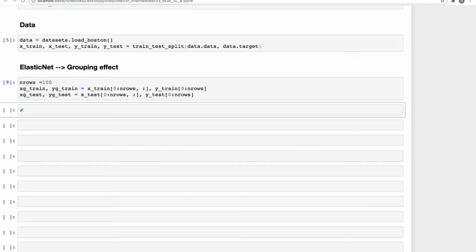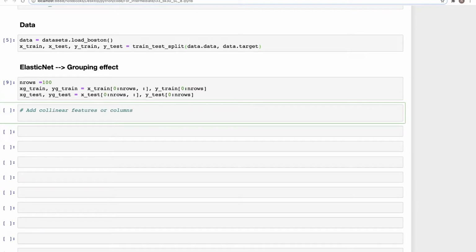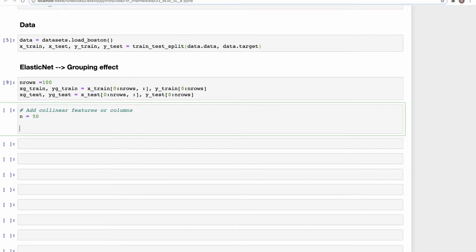Now here we can go ahead and add collinear features or columns. What we'll do is take the first column and add it a couple of times. How many times? Let's start with 50. So we'll create a new array q, and initially it will have just one column from this data set x_train, all rows and just the 0th index column. Then we'll multiply it by 2,